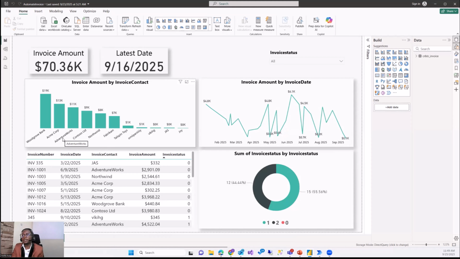And when that's happening, it picks the data from my email, processes it, and then stores it in our database. And we can even create a report out of it where a decision maker will come here and see this is the total invoice amount. This is the latest date you had the invoice. This is the invoice amount by different organizations, by date, and there's another simplified table which can give quick insights from the data we have.